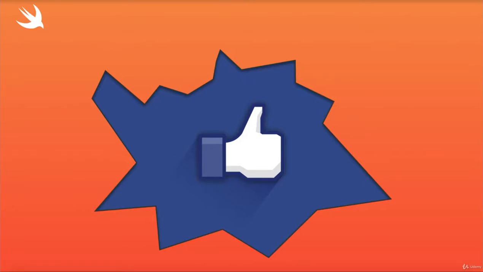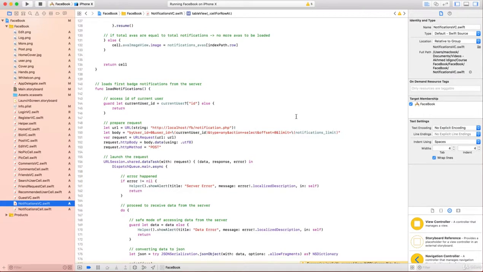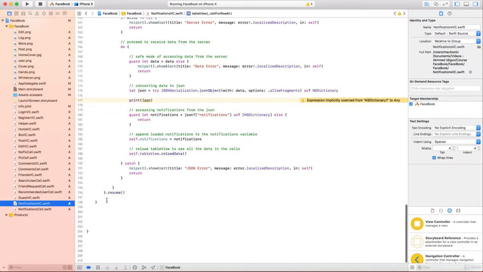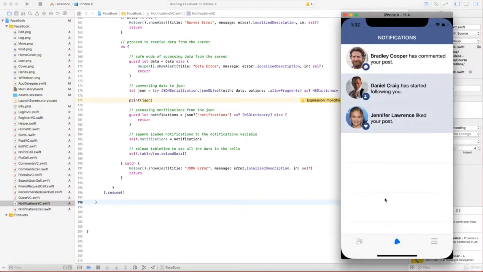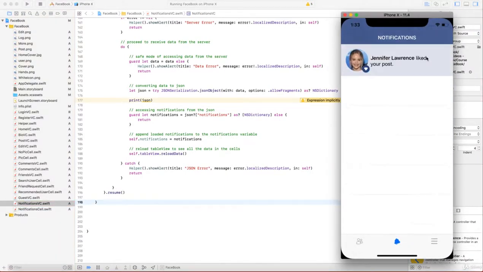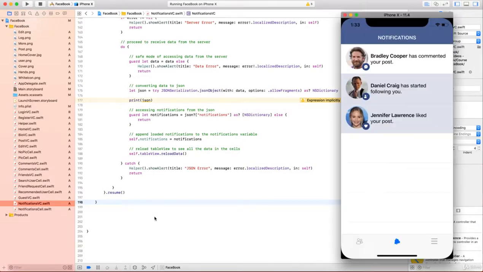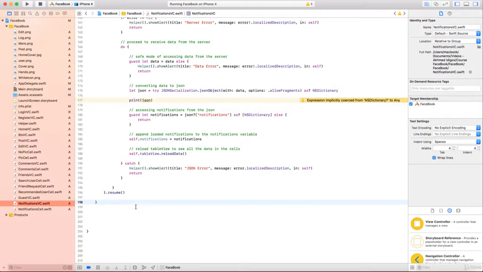Okay guys, now we will implement pagination in the select feature of notifications. We've done this many times, so we will do it one more time. First of all, we want the pagination to be executed when we are scrolling down the notifications, then we want to load more notifications. So for that, here we'll write a function which is,